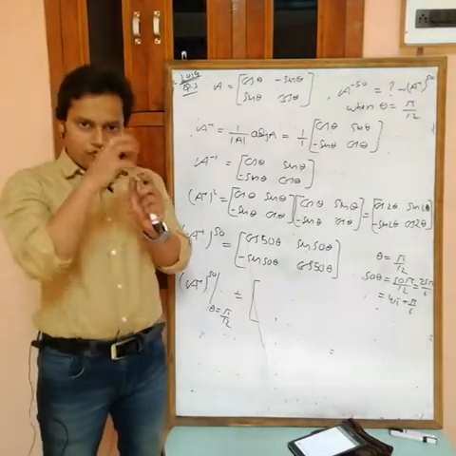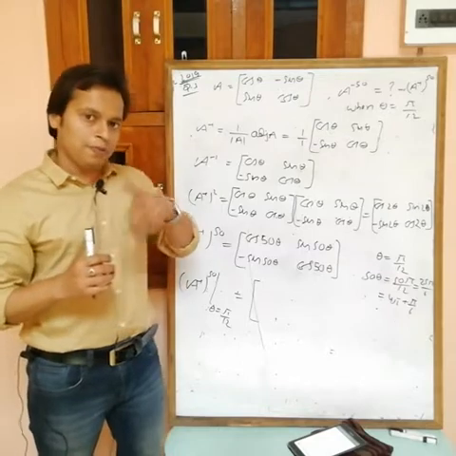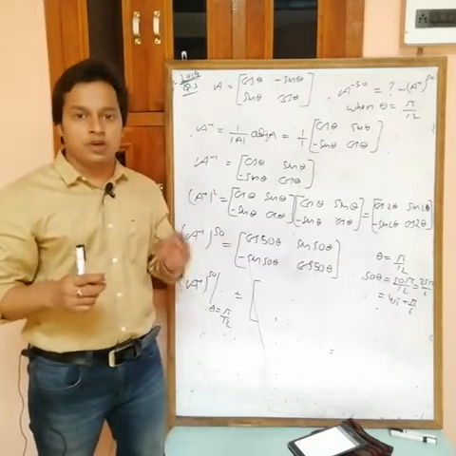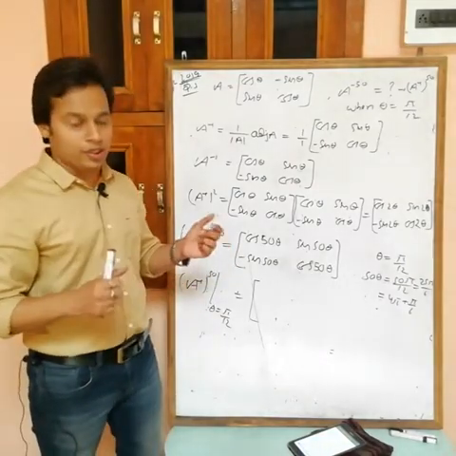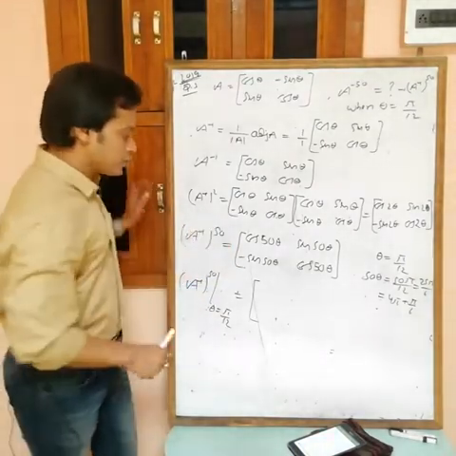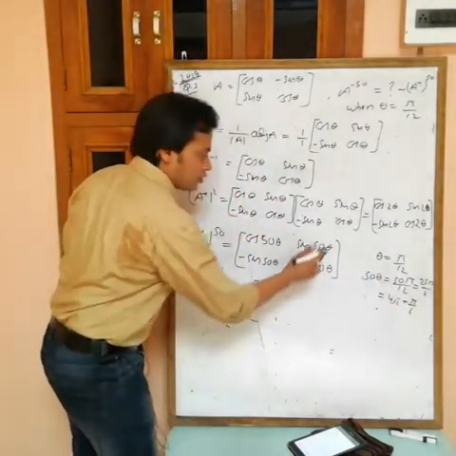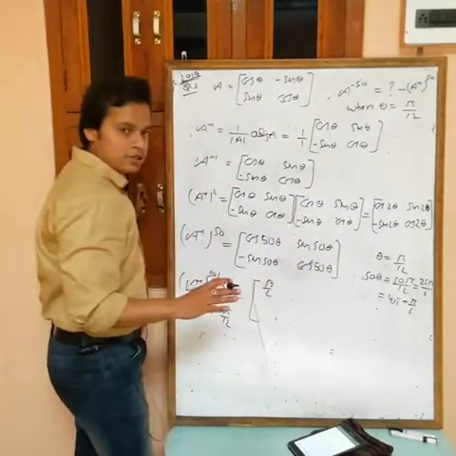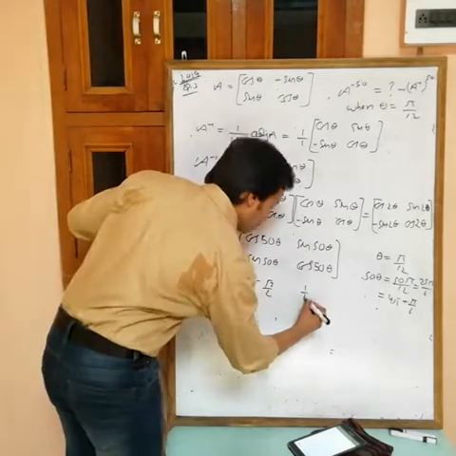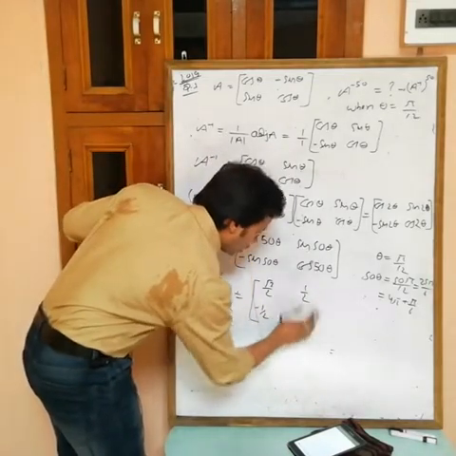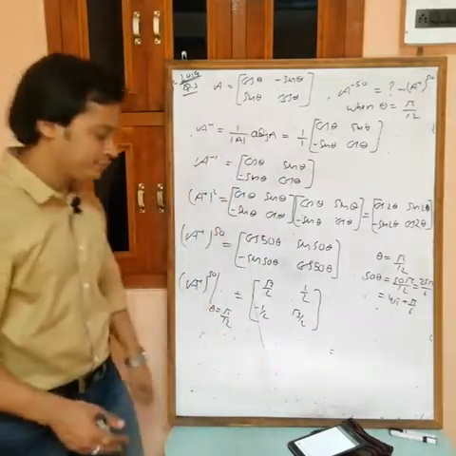Now cos 4 pi we can reduce, exclude 4 pi now. So cos of 4 pi plus pi by 6 becomes cos pi by 6. 2n pi plus theta is equal to theta, okay, for trigonometric ratios. So cos pi by 6 is root 3 by 2, and sin of 4 pi plus pi by 6 is equal to sin pi by 6, which is 1 by 2, minus 1 by 2, and again this is root 3 by 2. This is the answer. Okay, done.